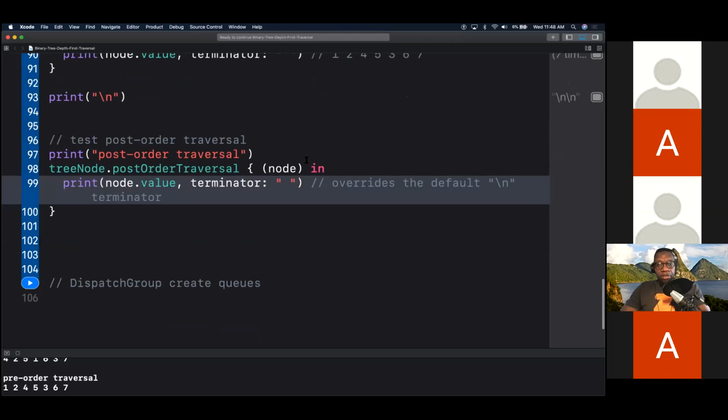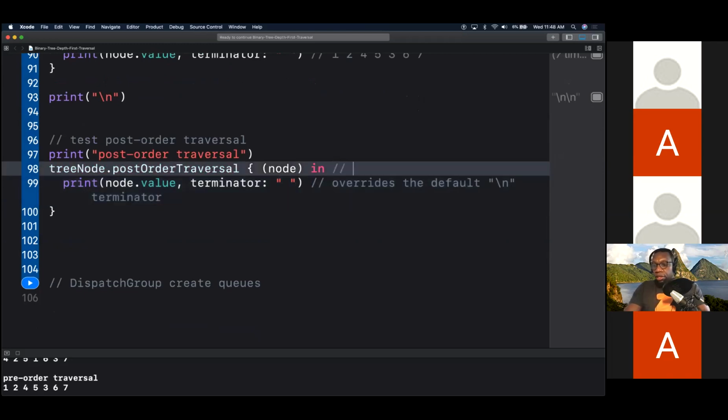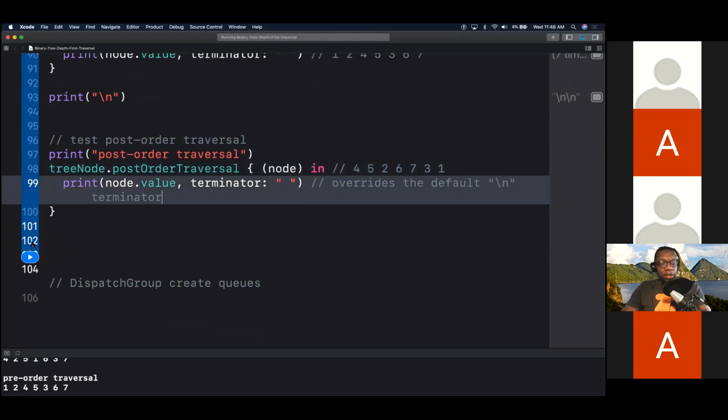And what did we say the values are? So we said 4, 5, 2, 6, 7, 3, 1. If we run that, we get 4,